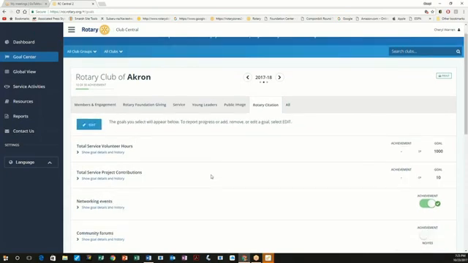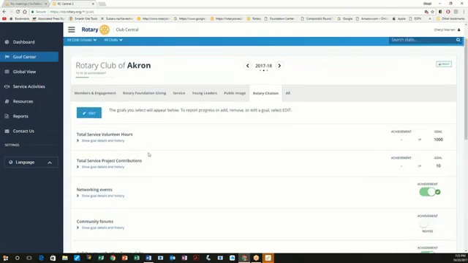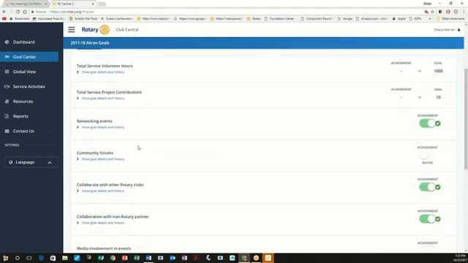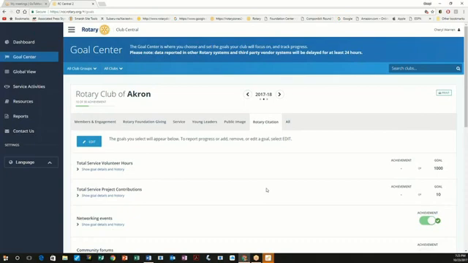So how many service hours, how many service projects, networking events, community forums. There's a series of things that the Rotary Citation is going to ask you to try to achieve. And it's a very prestigious award, so you have to do 2 things in one area, you have to do 3 things in another area. So it's all really based on everything we do in Rotary, and that's service.